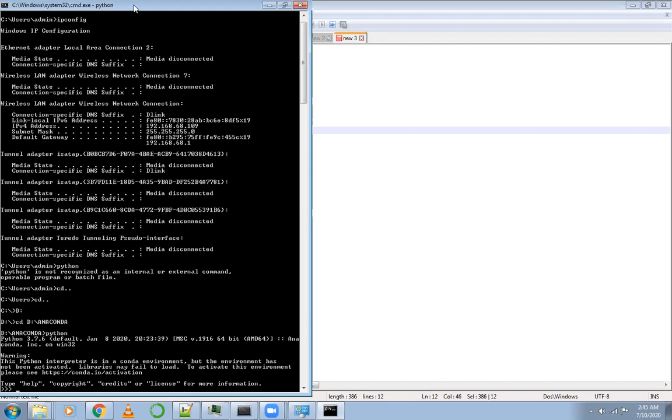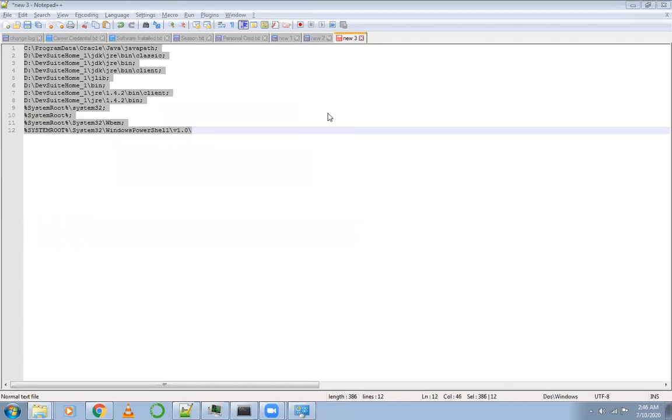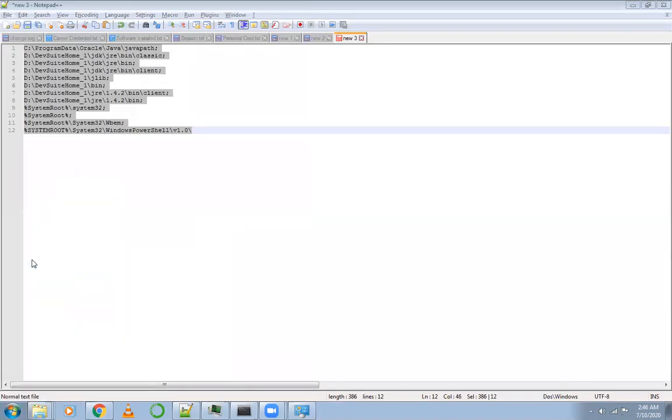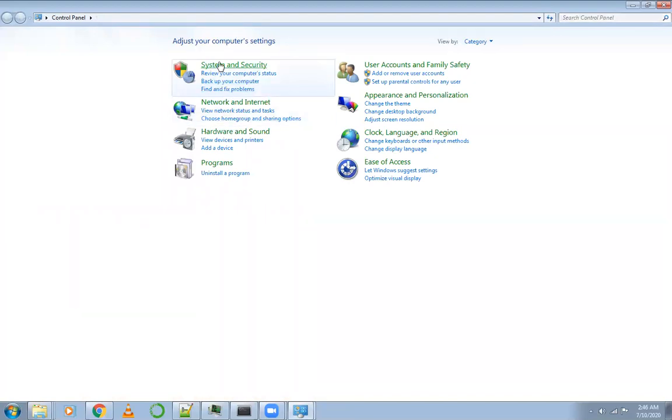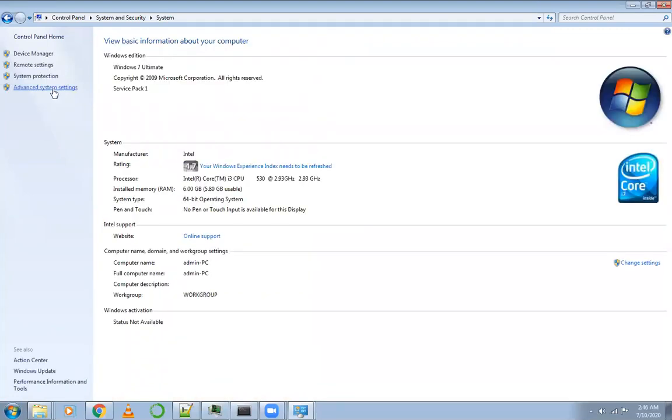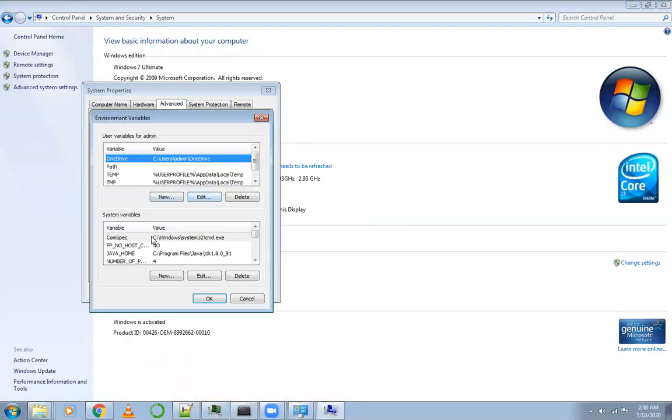So I'll close it and then we'll try to implement another approach, that is to add the directory path in the system path. So again, we'll go to control panel, system and security, then system, then advanced system settings, environment variable.